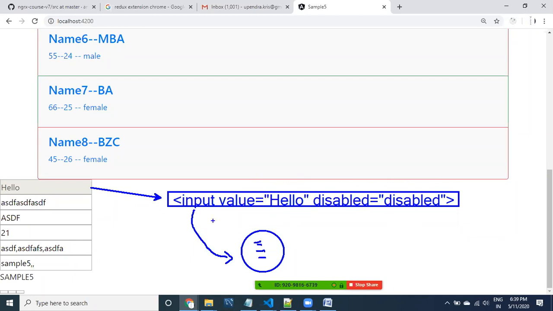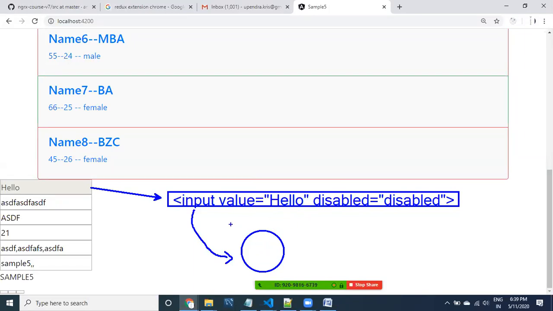This is called the DOM object for input. For the input type, one object will be there. For div, another type of object will be there. For table, another type of object will be there. Why? Because every tag has different types of attributes and different types of functionalities. That's why for every type of tag, one type of object will be there inside the DOM.